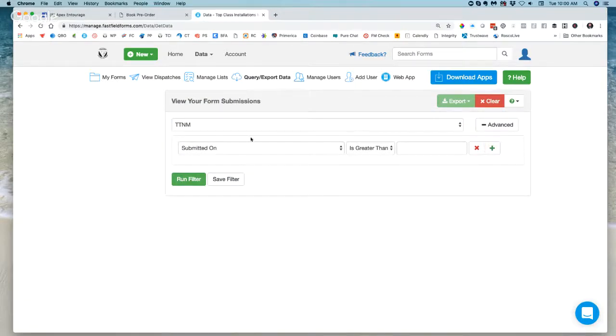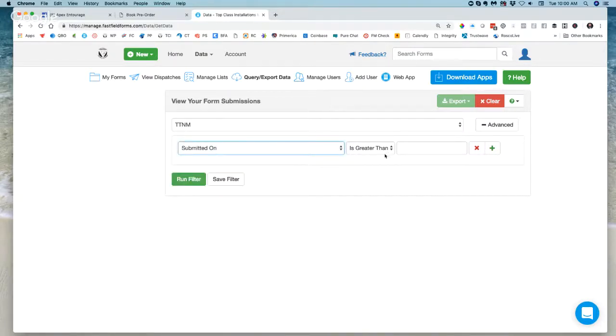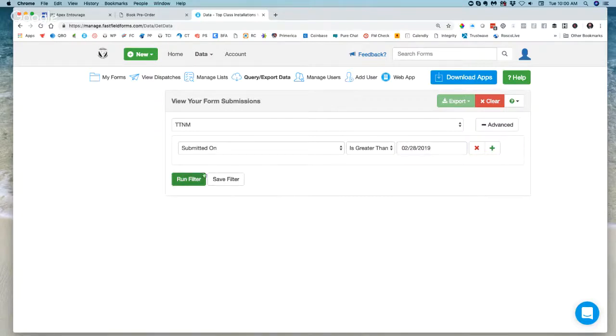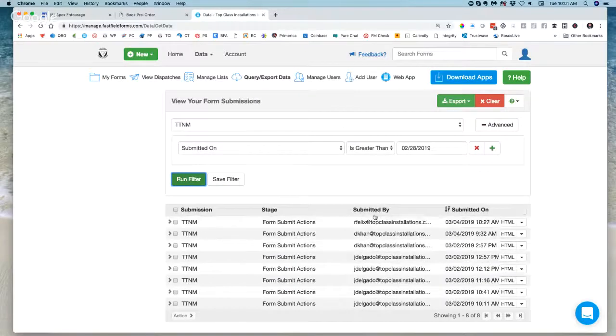All right. And now look at all the conditional logic that pops up. We're able to choose and narrow down how we want to search for this data. So we can do submitted on, submitted by, work order number, technician name number. So let's just choose a date here. Let's go back to February 28th to today. All right. And we're going to hit run filter. As you can see, we have 8 submissions from February 28th to today, which is March 5th for this one